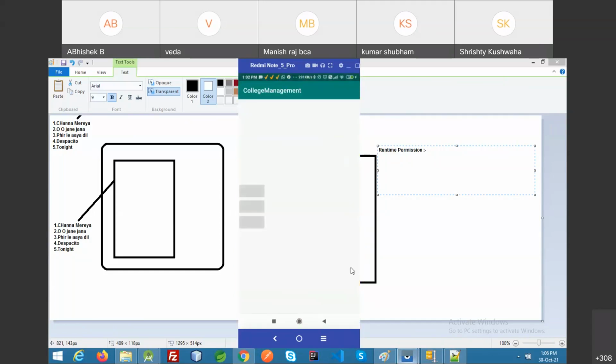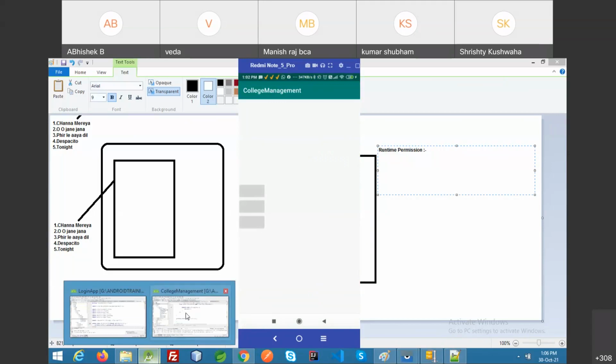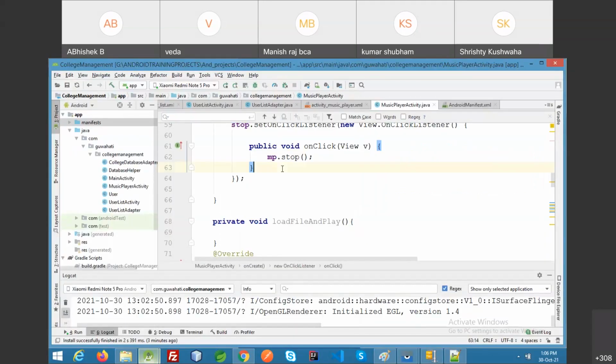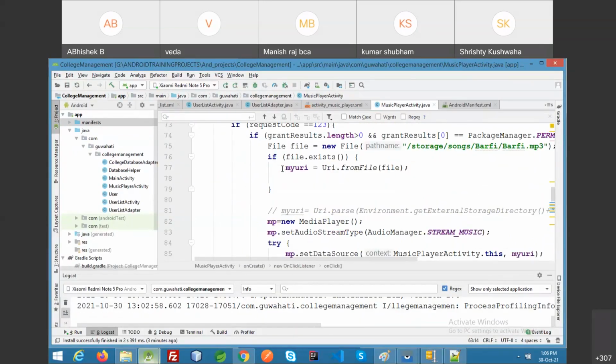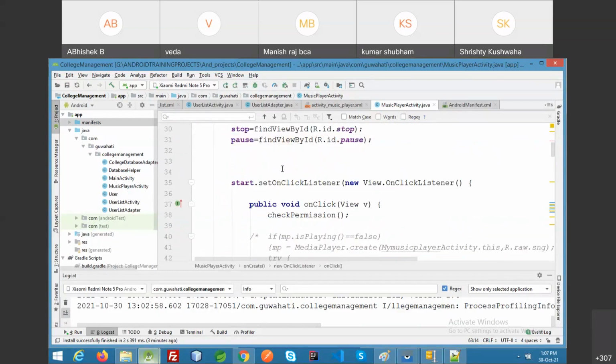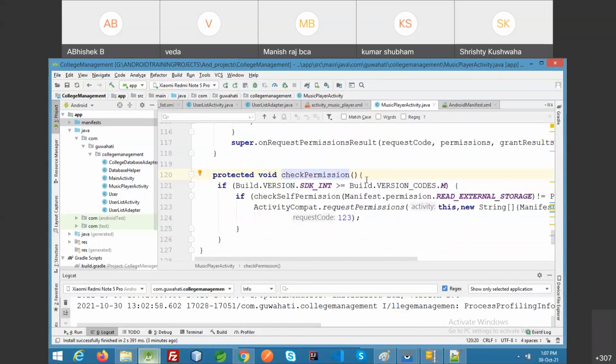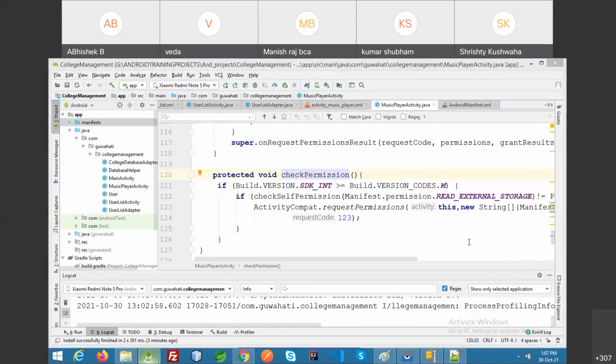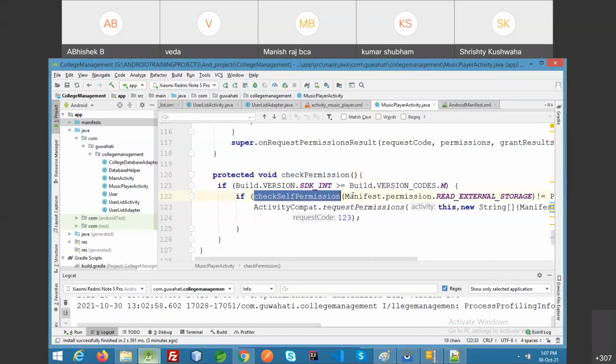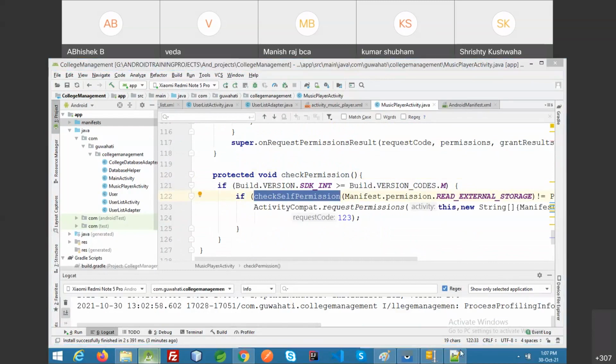Now when I press the start button, I will ask for the permission. Look, on start button click, I'm calling the method check permission. Check self permission, SDK int greater than M. So let me check.